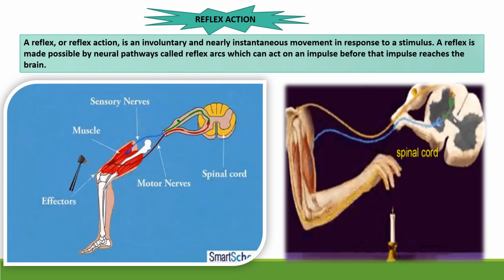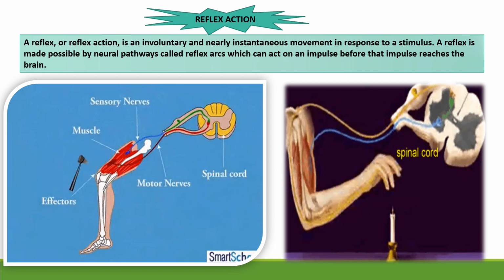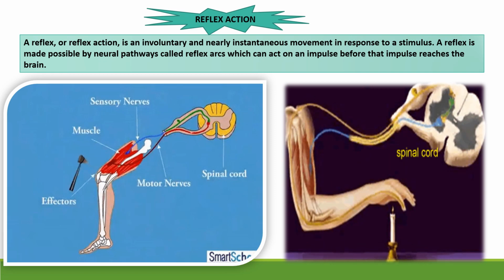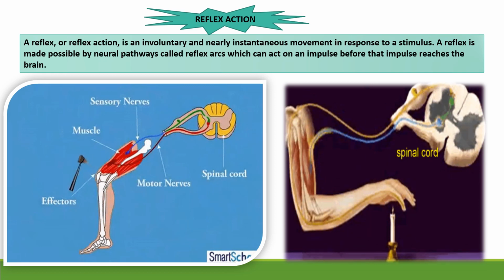Number 3. When a sharp tap is given by a neurologist's hammer to the patellar tendon, a brisk jerk, a sudden forward movement of the leg, takes place. This is known as the knee jerk reflex. Another example, you can say, is withdrawal of the hand when it inadvertently touches a hot object.